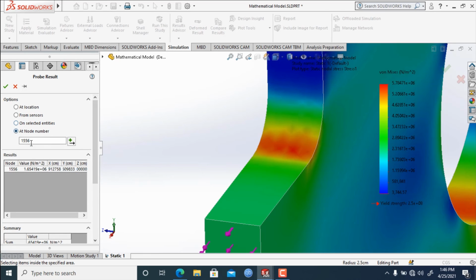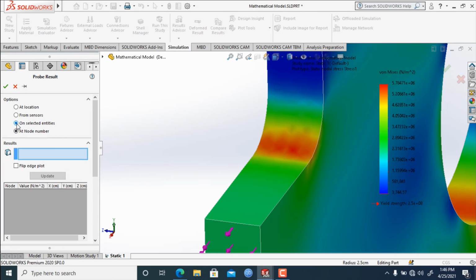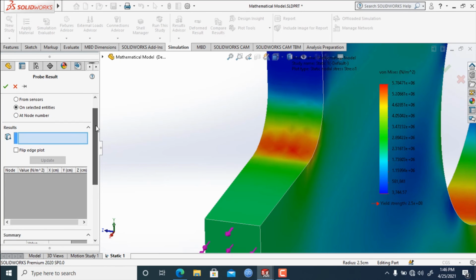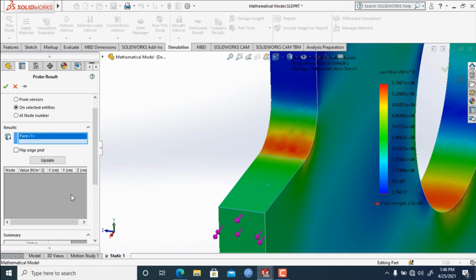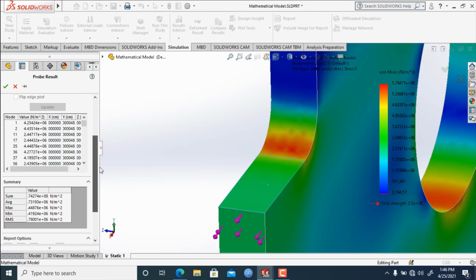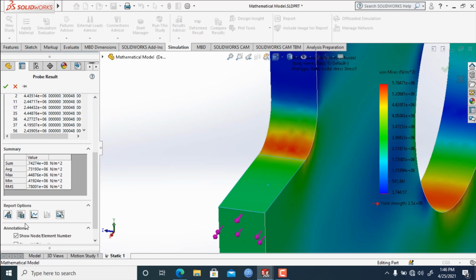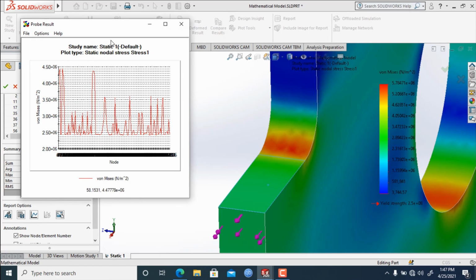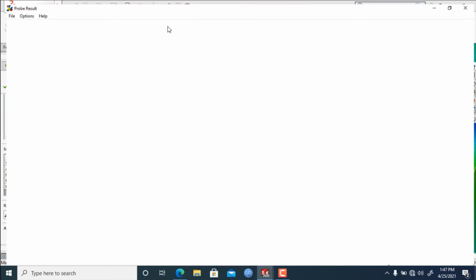So now we will talk about from sensors and selected entities. Let's select here on selected entities, and let's click on this right here, and let's click update. As you can see, the amount of force applied on this entity is shown right here, and if we click on plot, you can see the force changes shown right here.